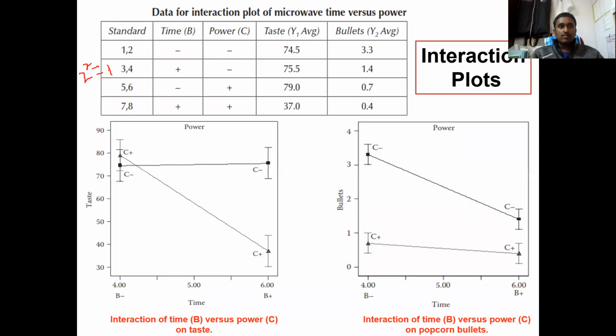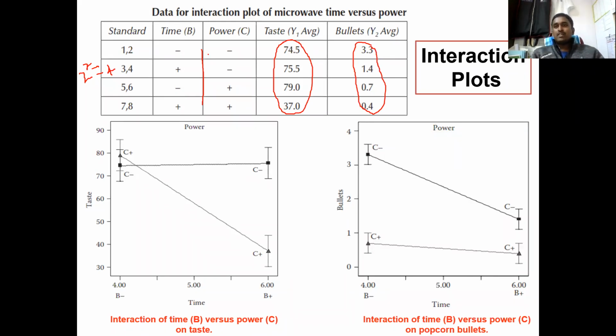You can see all the 4 runs here, right? So minus minus, plus plus, plus minus, minus plus. And these are the responses we have already collected before for this kind of experiment, and these are the responses for the bullets. See, this data is not new. Don't confuse it with some different experiment. We have just isolated A. The remaining experiments I have written here, with the responses we got before, the same responses for these respective experiments.